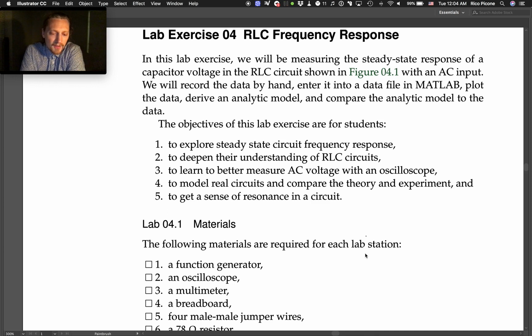But the resonance phenomenon is something that's really cool. You're going to explore in more depth in system dynamics next semester, and in vibrations in your senior years. So yeah, there's a lot of cool stuff in the idea of resonance, and we're already able to analyze resonance in this class, but we're just really getting a feel for it right now. The idea is that we're going to be able to put a voltage in at a certain frequency that